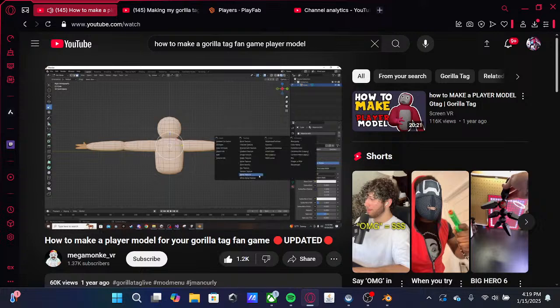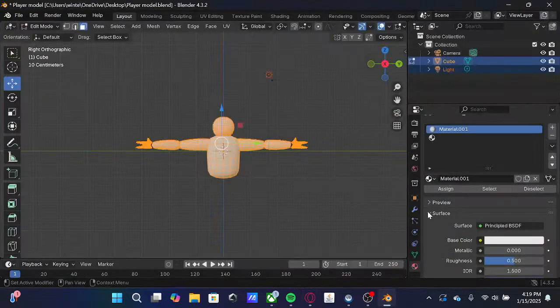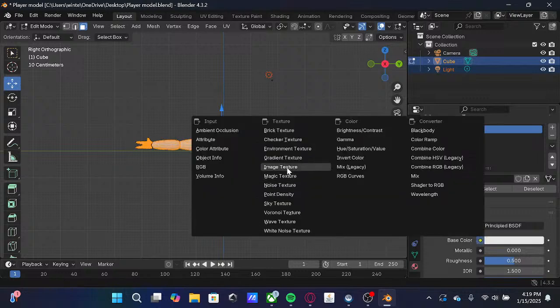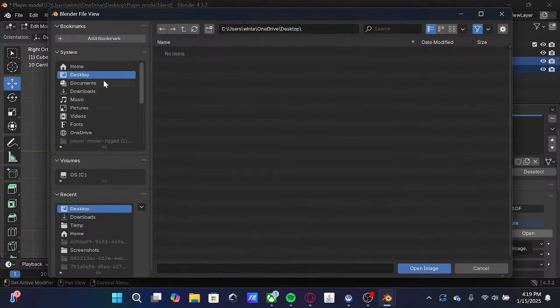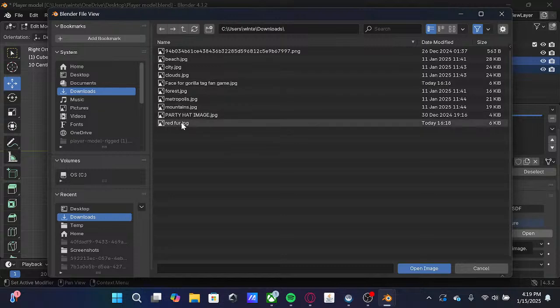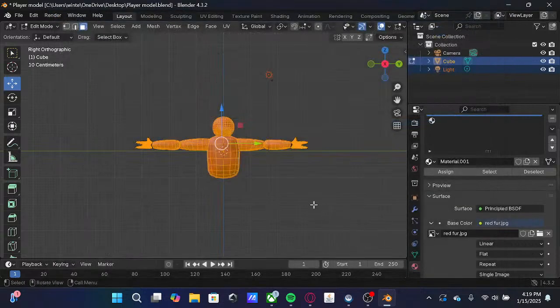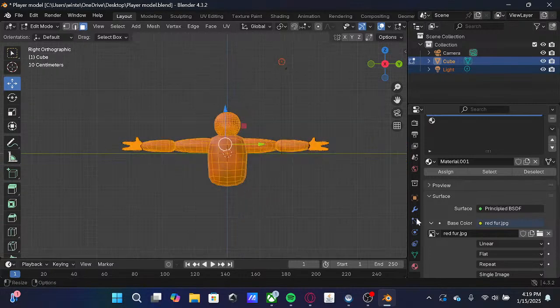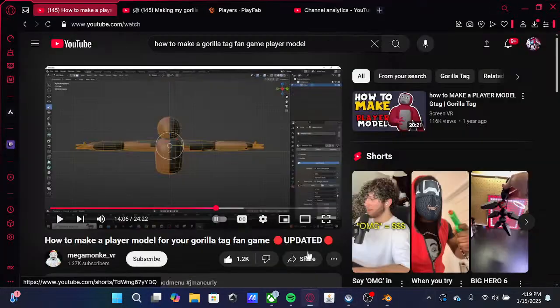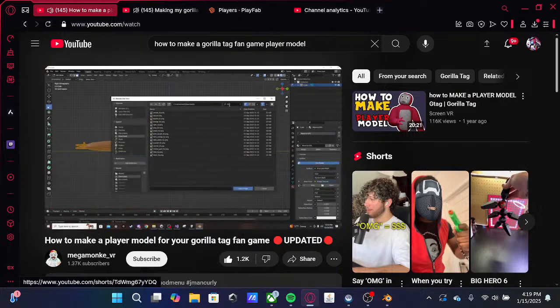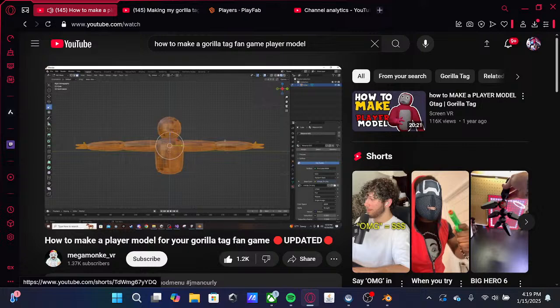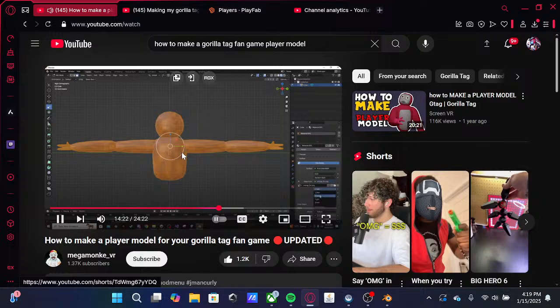Now if you go to base color, image texture, and then open downloads or wherever you have your fur saved, which I have a bunch of fur. I'll just do orange, for example, and then it should be really pixelated and kind of blurry. So you want to change it from linear to closest,